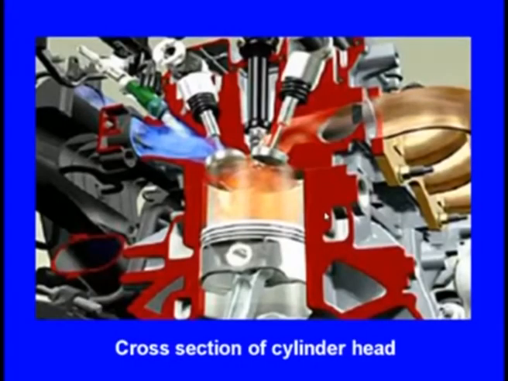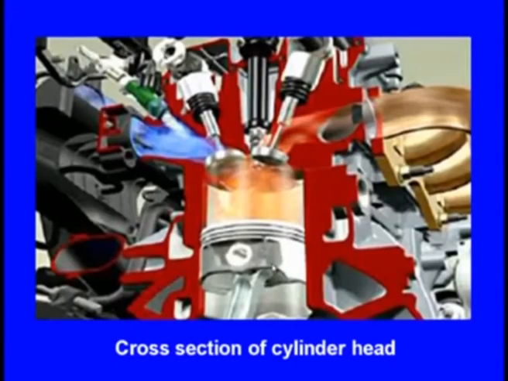First, let us see in automobile engines and accessories, what are the components manufactured by metal casting. You can see this is the cross section of a cylinder head, IC engine head. Here this is the cylinder and this is the piston. This piston will be reciprocating up and down, and here the fuel will be burned and hot gases are produced, and these hot gases will be pushing the piston downwards. In turn, the piston connecting rod will be rotating the flywheel. So, this is the simple principle of the IC engine or an automobile engine.